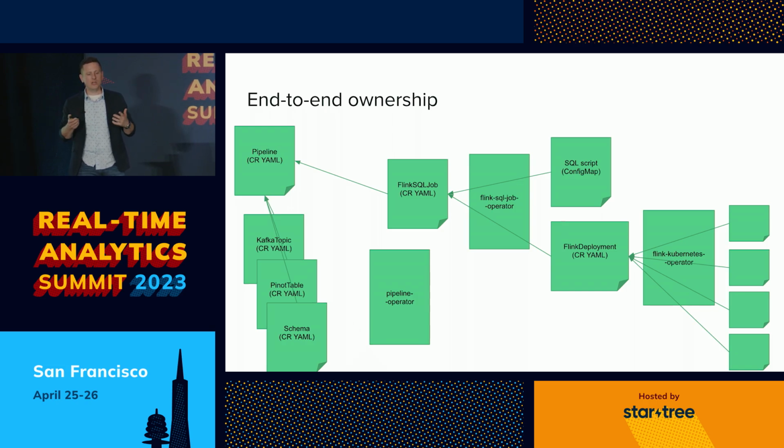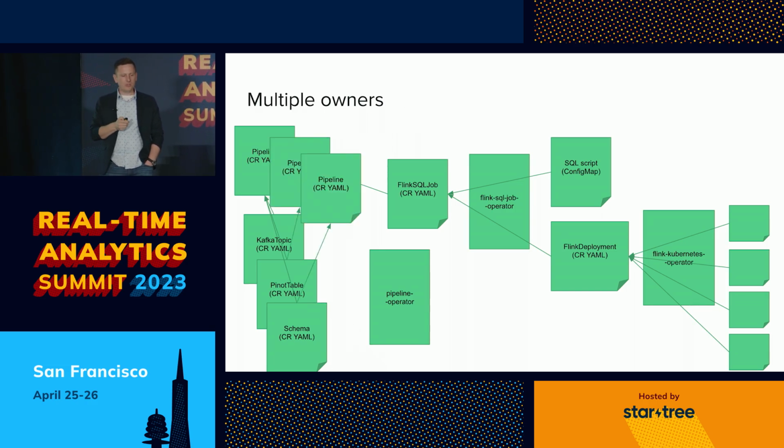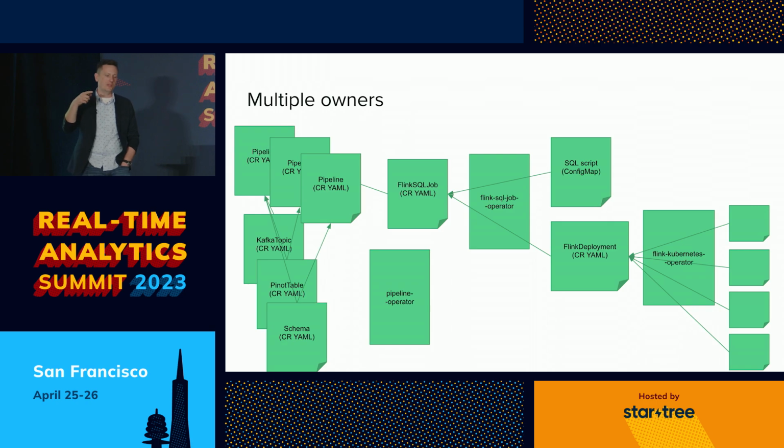Why would I do this? Well, there are a couple of things. If I delete the pipeline, I can automatically delete all the things that I deployed in response to that pipeline. But also, I can prevent other pipelines from accidentally deleting my Kafka topics. If I have multiple pipelines all referencing the same Kafka topics, the same Pinot tables and that sort of thing, and a Pinot table is owned by two pipelines, Kubernetes natively will enforce that it won't actively delete things that are owned by a non-zero number of things. So if I delete one pipeline, we could set it up so that the Kafka topics it references automatically get deleted because we don't need them anymore.